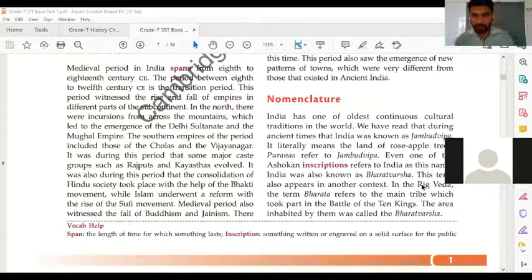This term also appears in another context in the Rig Veda. The term Bharata refers to the main tribe which took part in the battle of the 10 kings. The area inhabited by them was called the Bharat Varsha. So जो हमारा ऋग वेद है उसमें भी बताया गया है कि there was a war of 10 kings, 10 राजाओं की एक लड़ाई हुई जिसमें भरत नाम की एक ट्राइब विनर हुई। उसी के नाम पर उनके रहने की जगह को भारतवर्ष बोलने लगे।